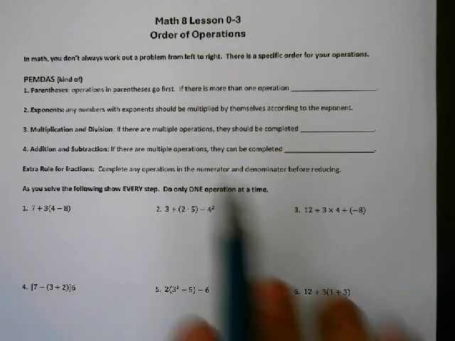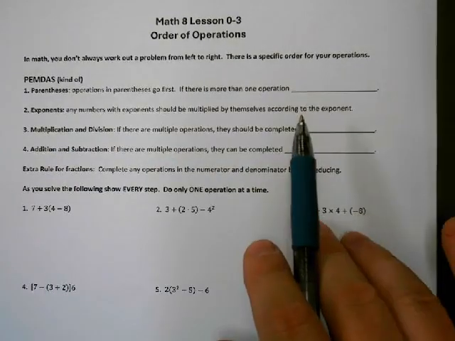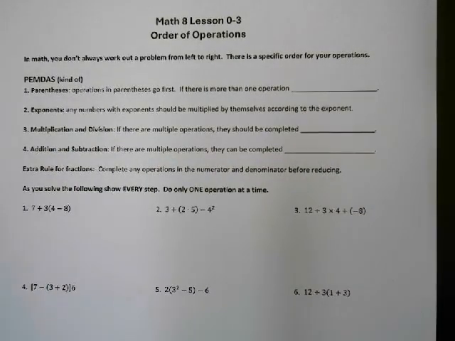All right, so in math, you don't just always go from left to right like reading a book. There's a specific order for your operations, and maybe you use something called PEMDAS before, which is okay. PEMDAS is kind of real, but there's parts of PEMDAS that I don't like, so I'll make sure to point those out to you. But I think we can all agree that PEMDAS starts with a P, and that stands for parentheses. So when we have parentheses, order of operations says any operation inside the parenthesis is going to go